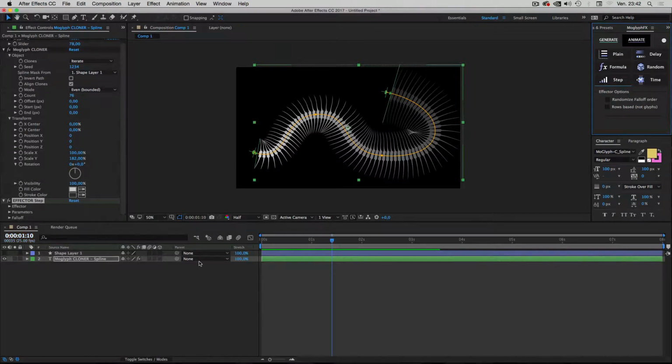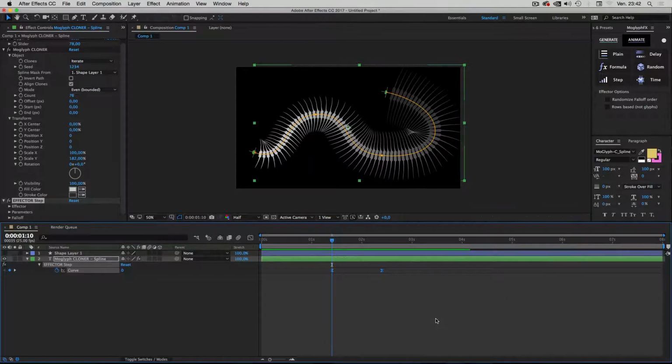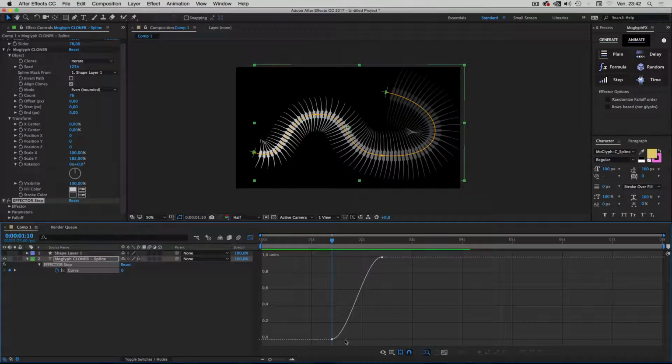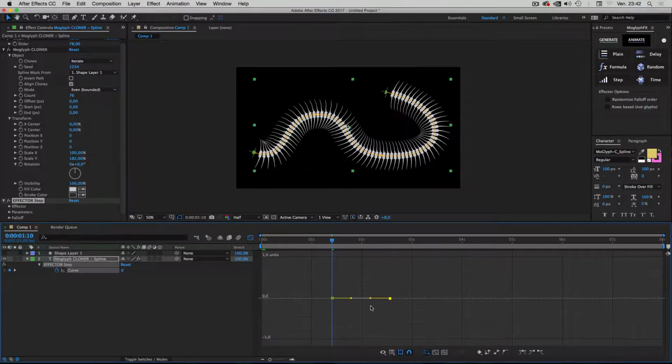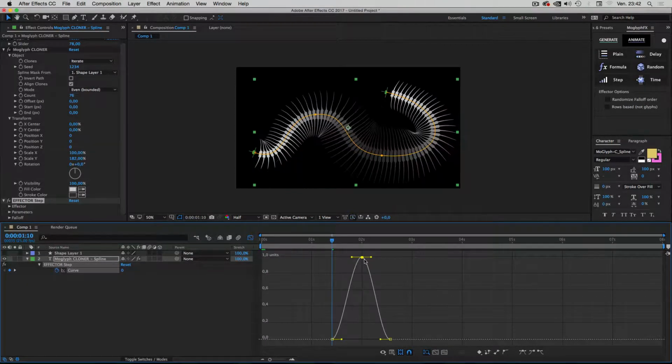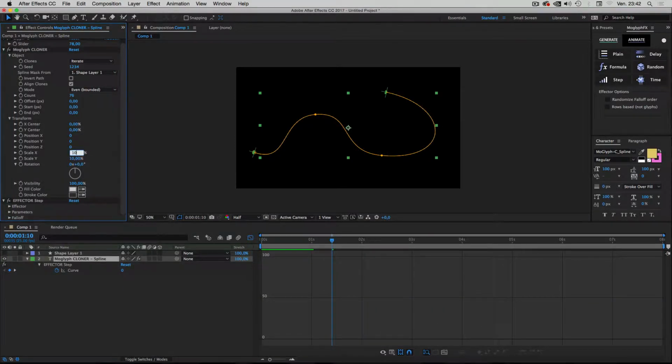And I can go in my cloner, type U on my keyboard, select them and ease them, and go in my graph editor, and you can play with the option to have a nice, yes, this kind of thing. So I can have something really big for the base,